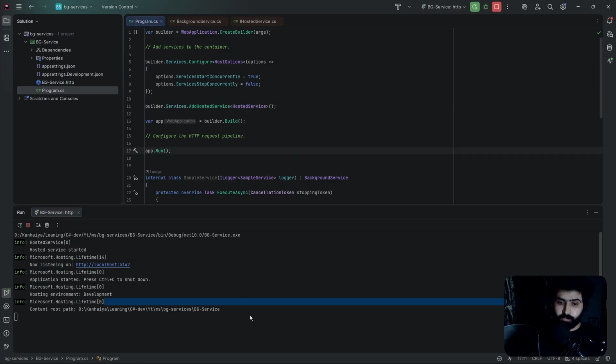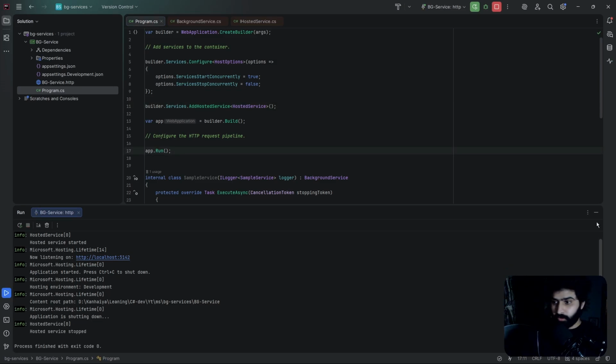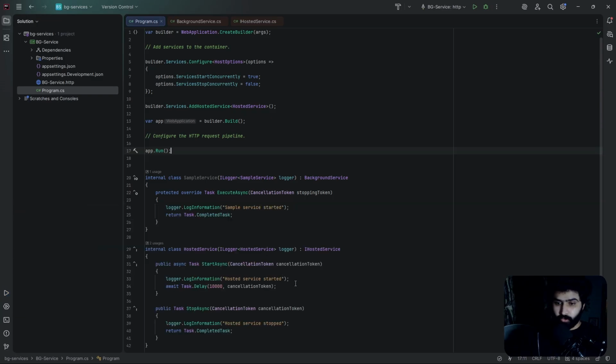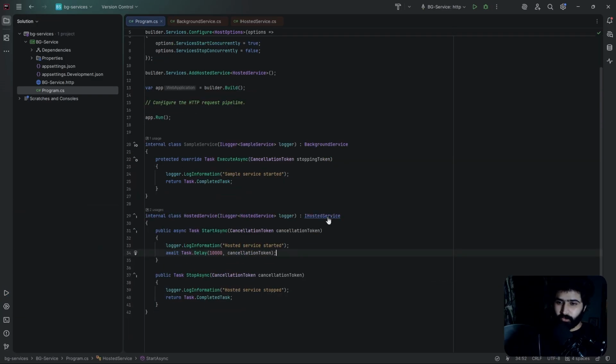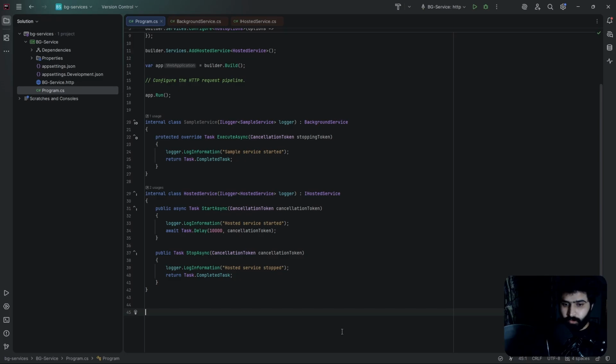But if you observe here, inside these hooks, inside IHostedService, we have only StartAsync and only StopAsync. This is granular only. But if we want more control over there, what can we do? Inside .NET 8 onwards,